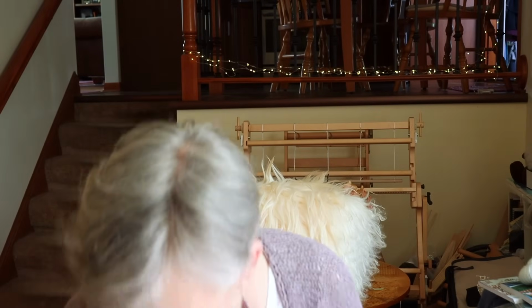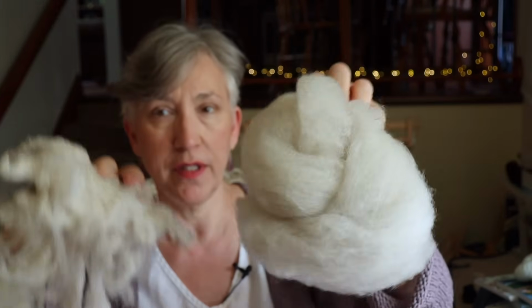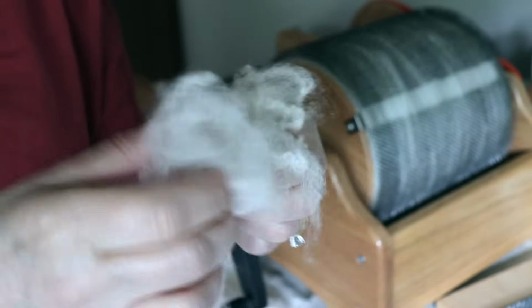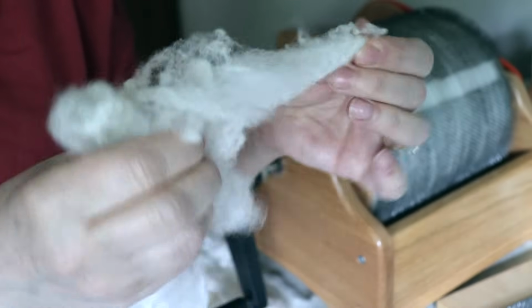But yeah, I couldn't believe that this mass of disorganized wool, after 2 passes, turns into this. Just to prove that wool doesn't have an expiration date, I thought I would make a few bats here. This is what I've been spinning on my support spindles. What I'm doing is like a picker would do, a swing picker, which is a device that opens up the locks, I'm just using my hands